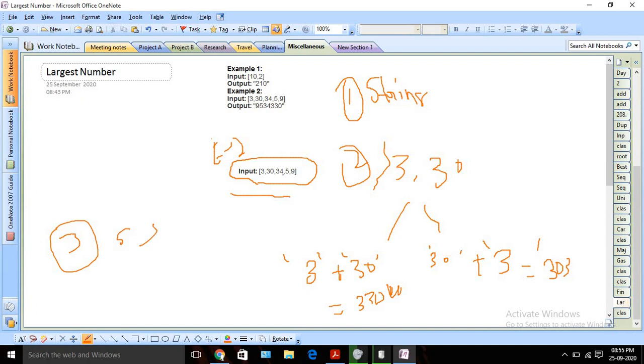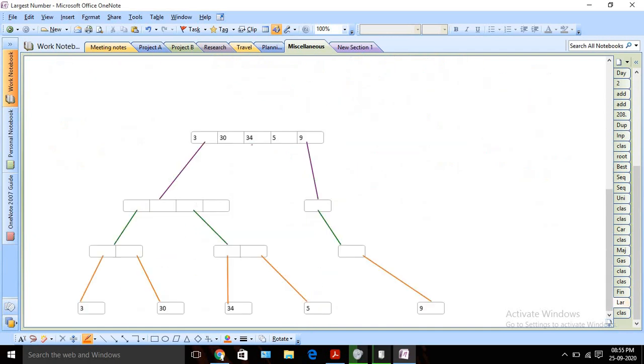So let's try to understand this custom comparator logic. Here we can see this is our input array, initially. Basically we are going to use the merge sort algorithm. In merge sort, we divide it into small portions, then we conquer, or merge, the results. So we are going to use the divide and conquer algorithm here. This is a classic example of the same. Initially it will be like this. After breaking it till the end, every element will be a separate element.